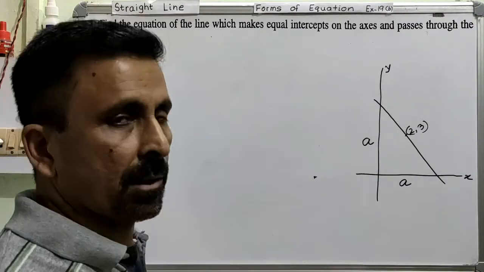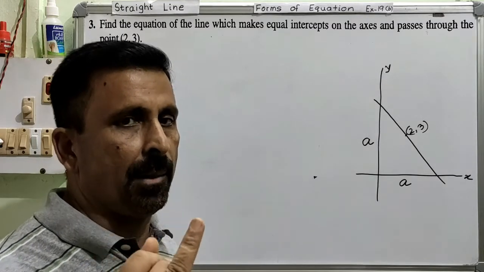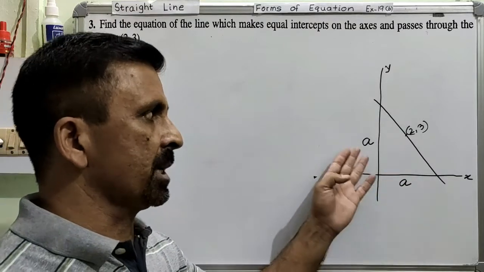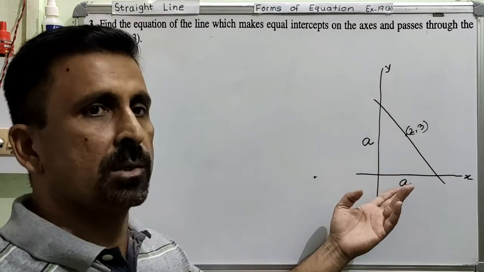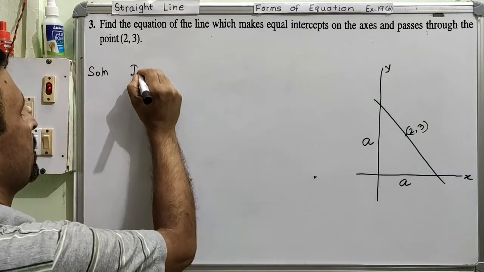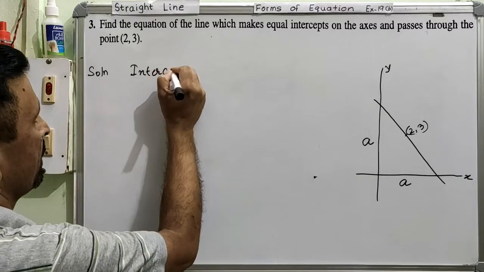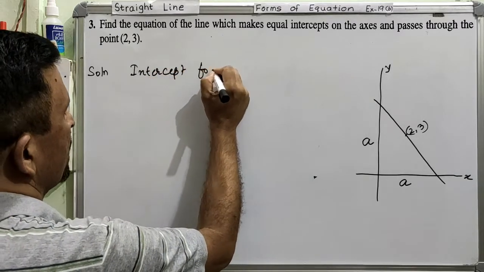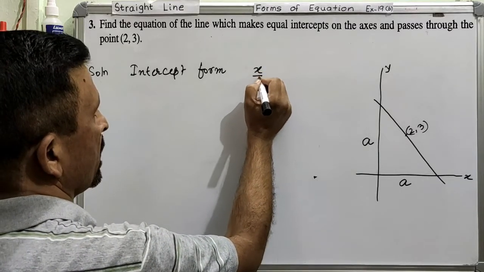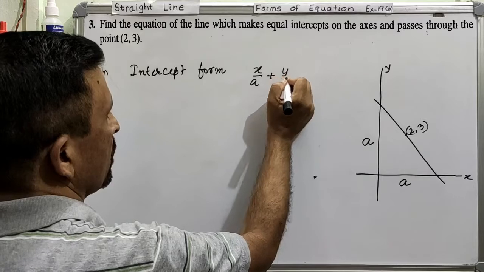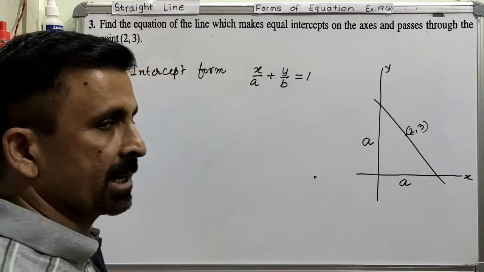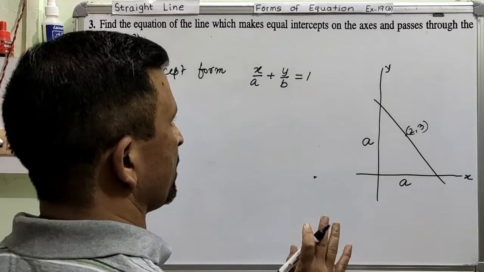Now we have three different forms of linear equation, right? General form, intercept form, and then last is the perpendicular form. So obviously here, because the question talks about the intercept, we will use formula number 2, the intercept form. How do you write it? x over A plus y over B is equal to 1. So this is your formula. Make a habit of writing the formula every time, so that you don't have to memorize.